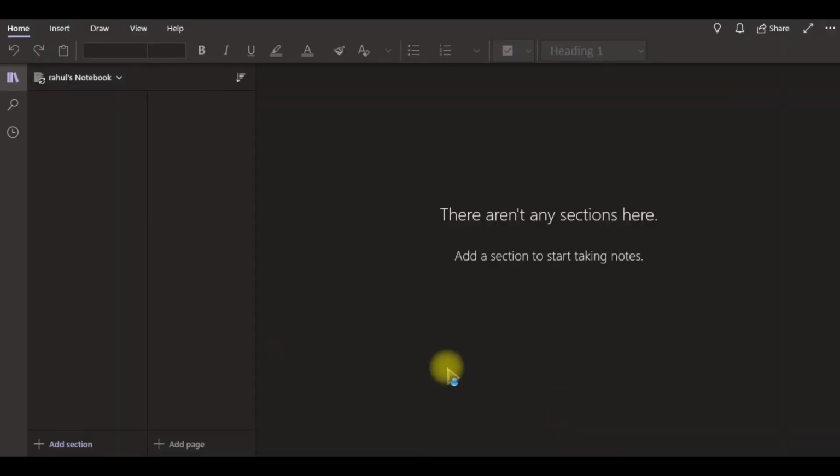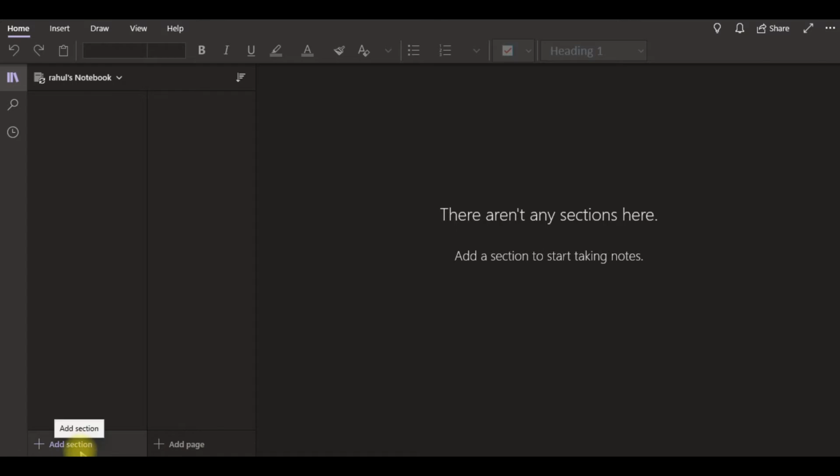interface. Now, I have a black theme, that's why it's purely black color. You can switch to white color as well, so you will be getting a nice view. Here you will be having two things, add session and add pages. If you are a faculty handling classes for your students, instead of using PPT, you can create every day, every session's notes as a notebook here.